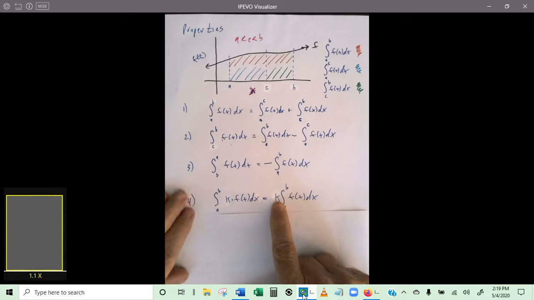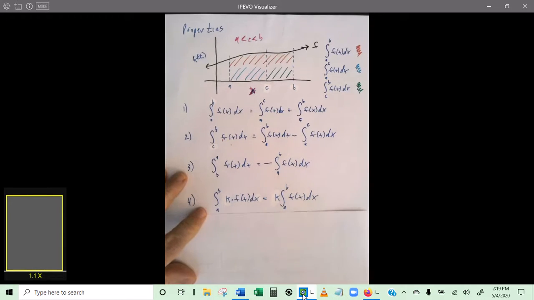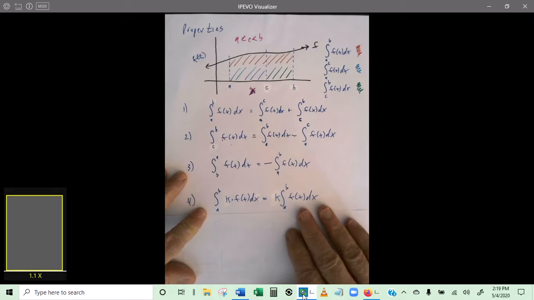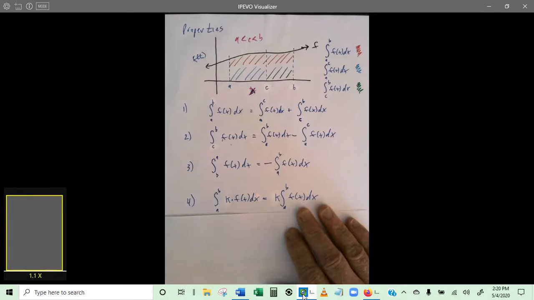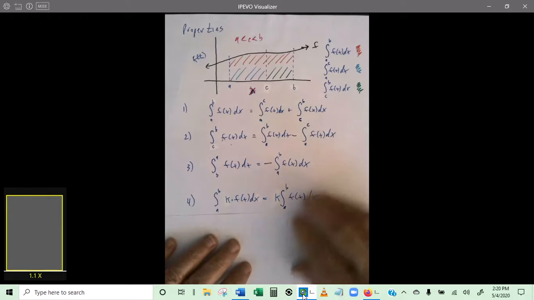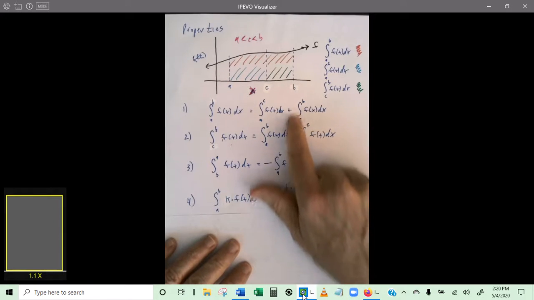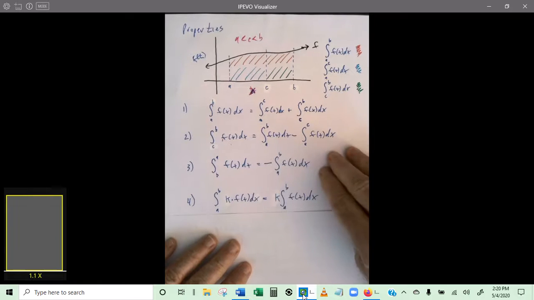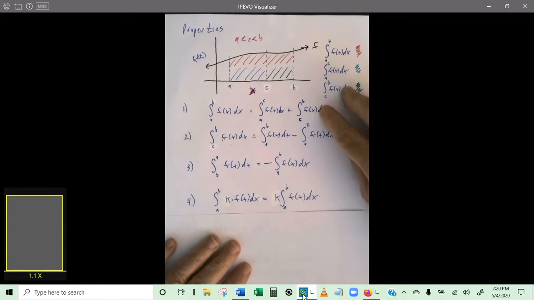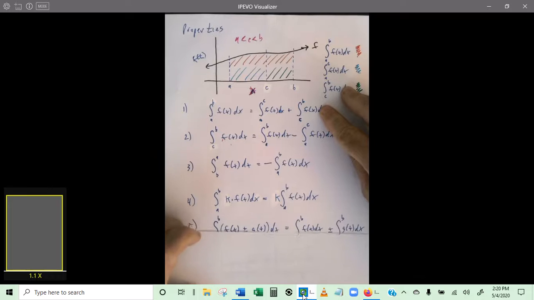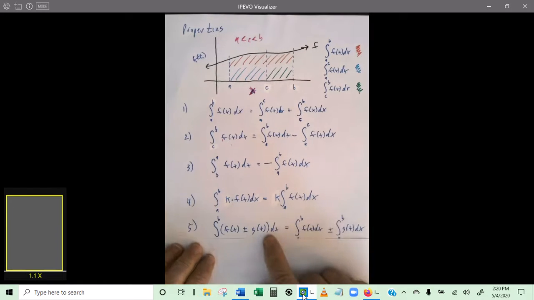I'm going to finish up with this hopefully quick video about some of the properties of integrals, some of the basic properties of how we combine and transform integrals. And maybe you can see here that we had something similar to this with derivatives. Here I'm going to put property number 5, which is just property number 1 and